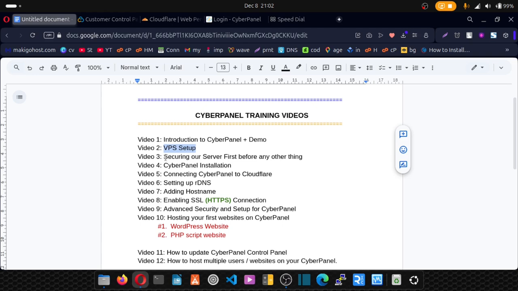After that, we'll be securing our server. Before you do anything on a brand new server, it's important to protect it first. So we'll be doing that. After that, we're also going to look at how to install CyberPanel on your server. From there, we'll be connecting